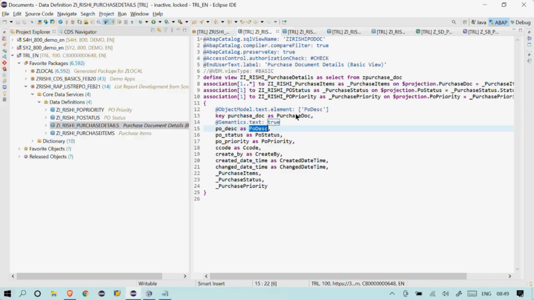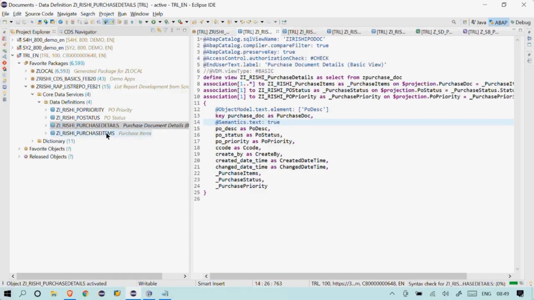Since this is a text element, you are explicitly marking it as a text element, so it should be considered for other text elements. That is the reason we have mentioned this. Okay, so activate this one.